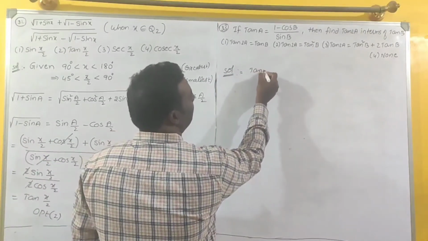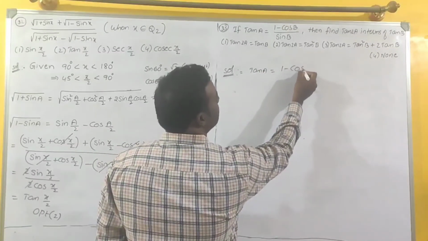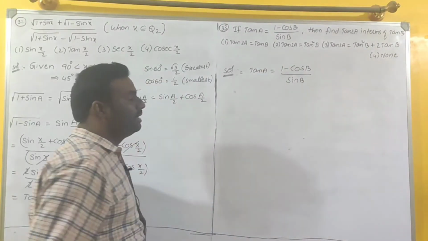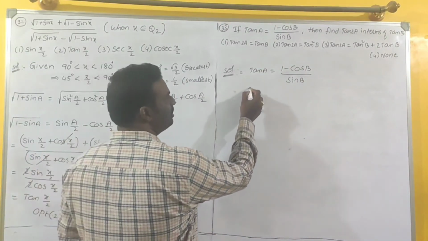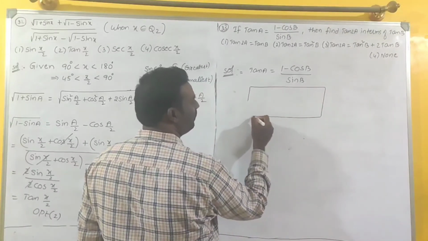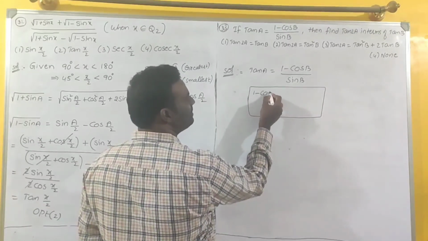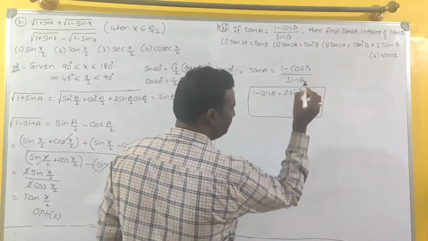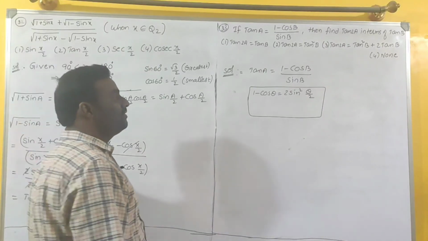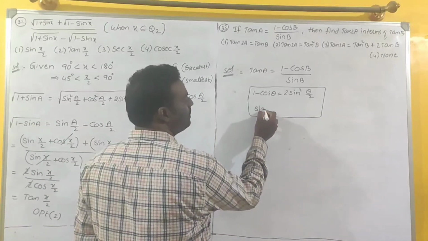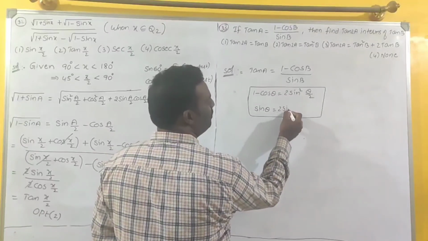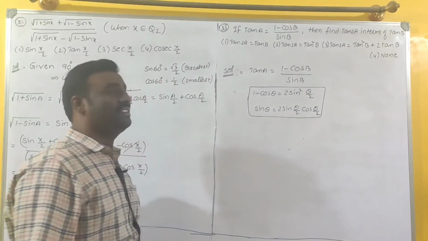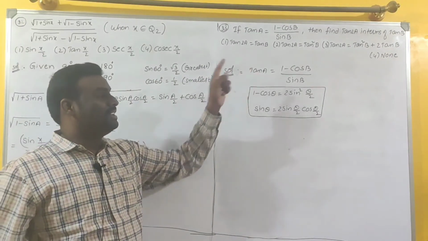Tan A is equal to 1 minus cos B by sin B. Here we have two formulas. I am using the two formulas. Formula number 1, 1 minus cos theta is equal to 2 sin square theta by 2. Second formula, sin theta is equal to 2 sin theta by 2 cos theta by 2. I am applying these two formulas for RHS. LHS already what is there? Tan A